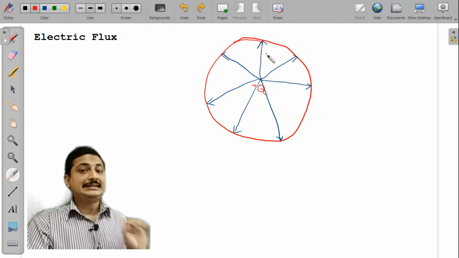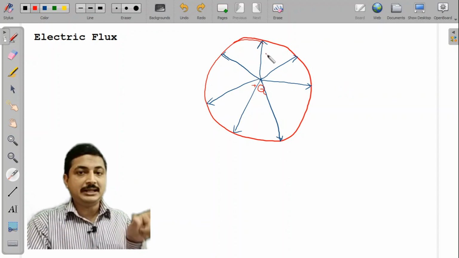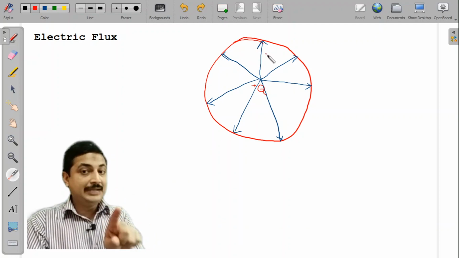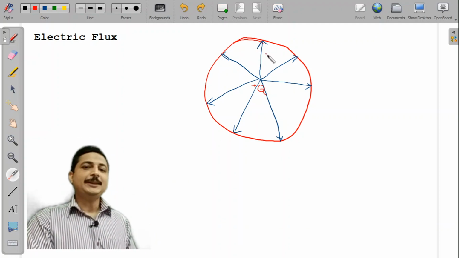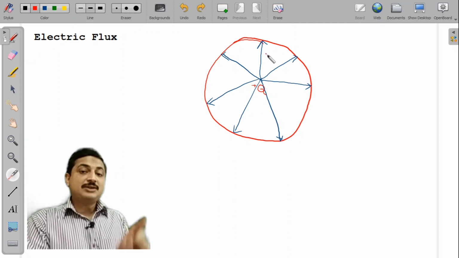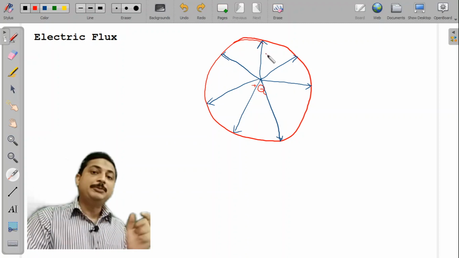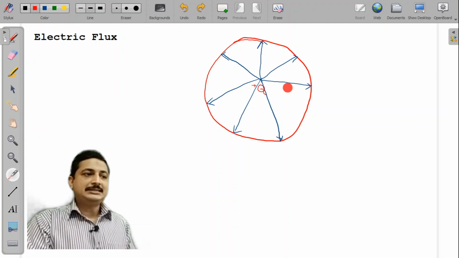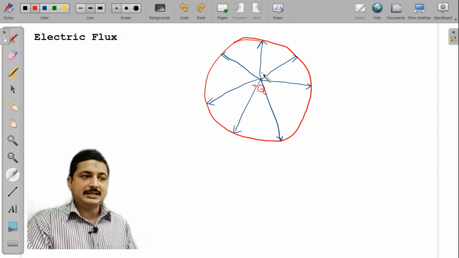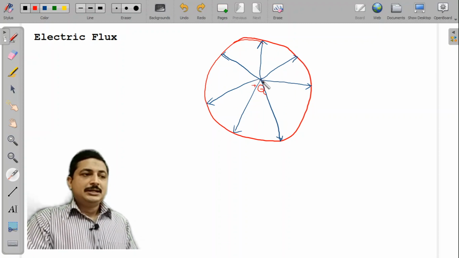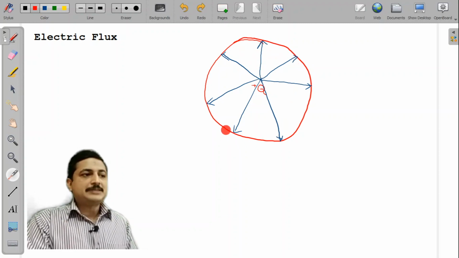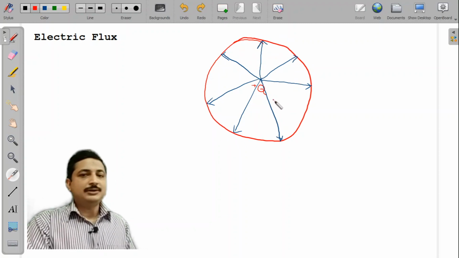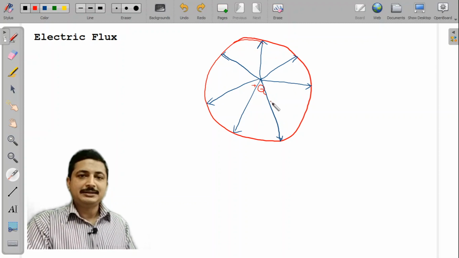So, this in turn tells you that you can represent a field using lines of force. There can be more lines. As in this diagram, I can represent the field by more such lines. I can draw so many lines here. Doesn't matter. So, the field can be represented by these lines of force. That is the idea.